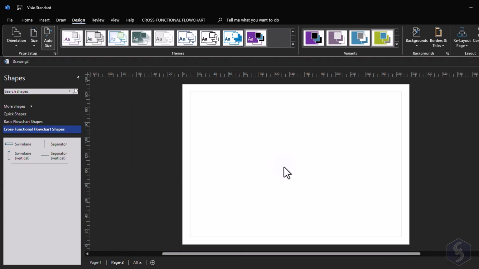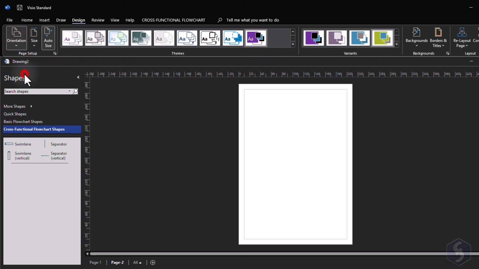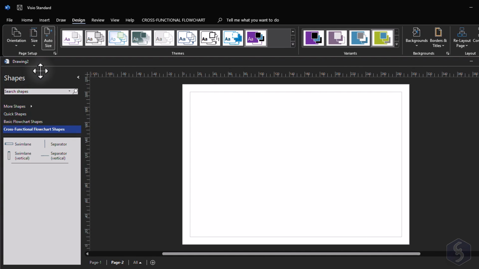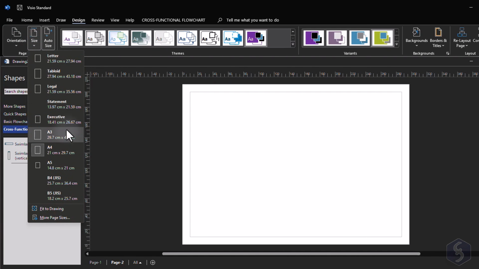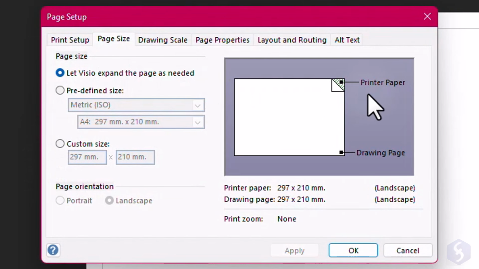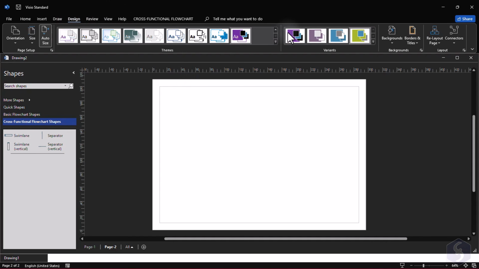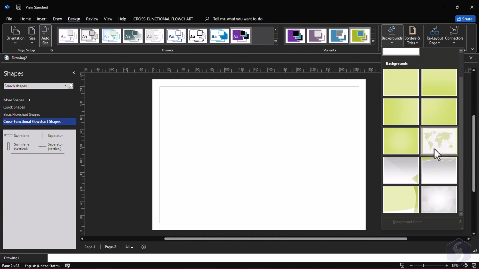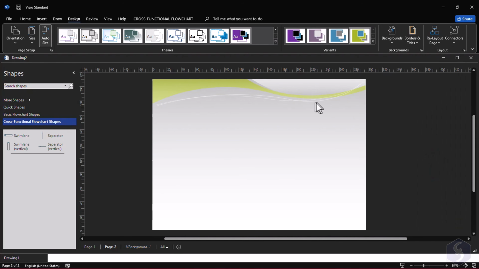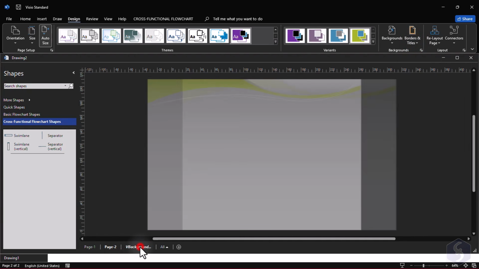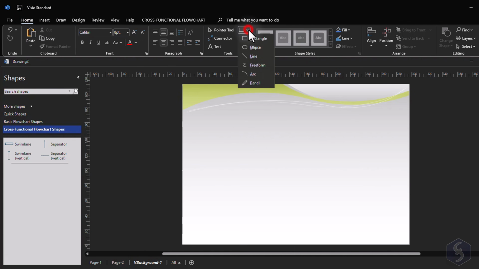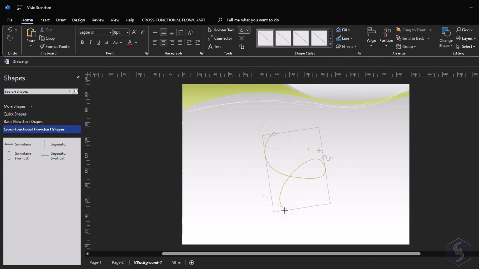Before drawing, set the page size and properties, especially if you plan to export or print the document. On Design, Page Setup, adjust the page orientation, its size across different standards, or go to More Page Sizes to define a custom size. On Design Backgrounds, apply a colored background, any border or title on your page. These are saved in a new special page called V-Background. Any editing made on it will be applied on all your Visio pages all at once.